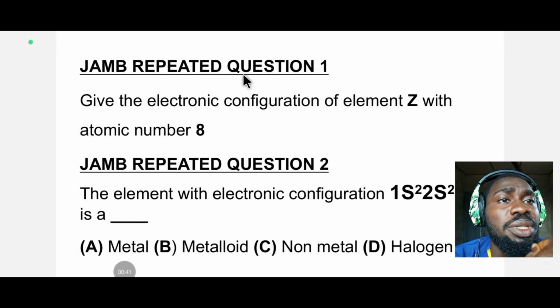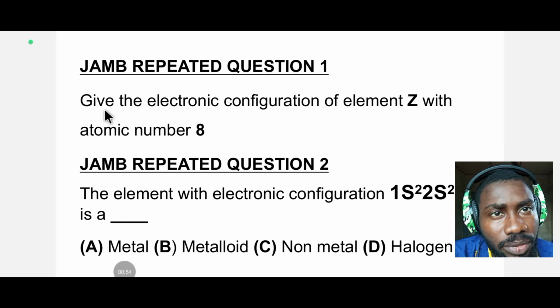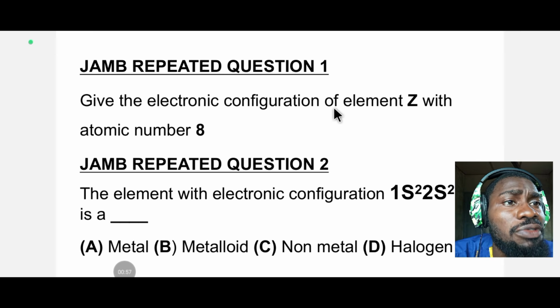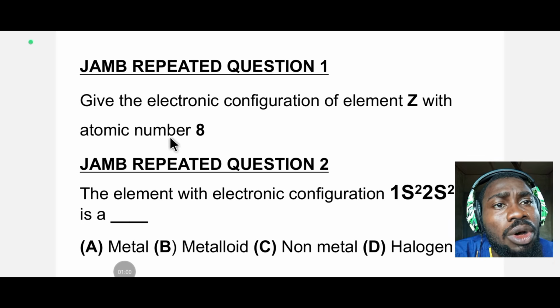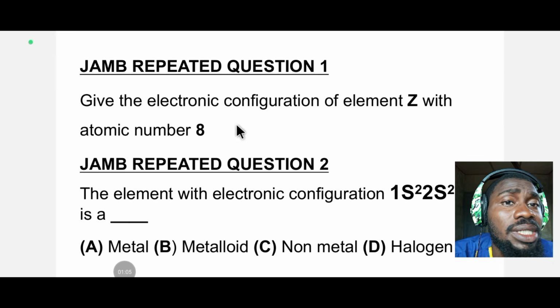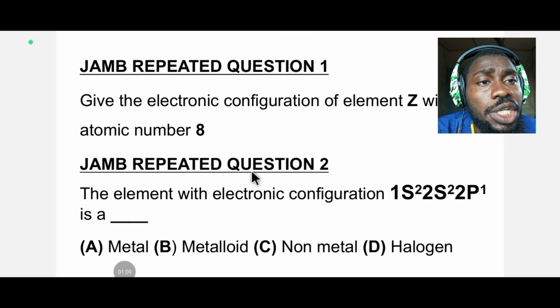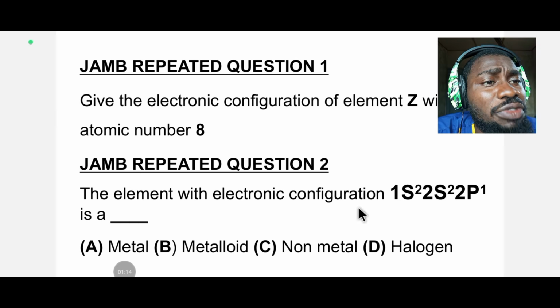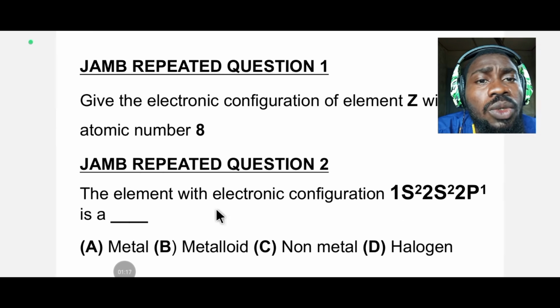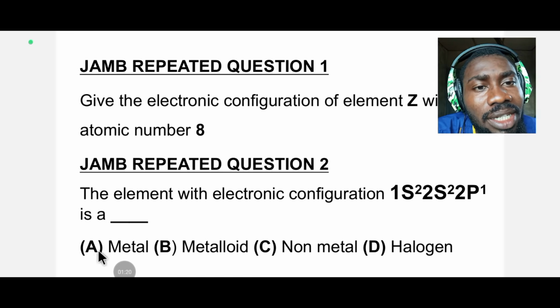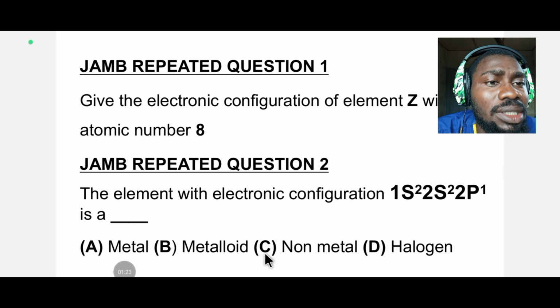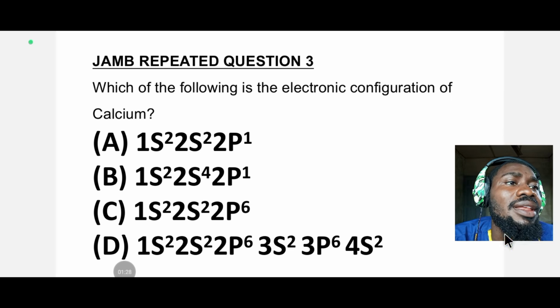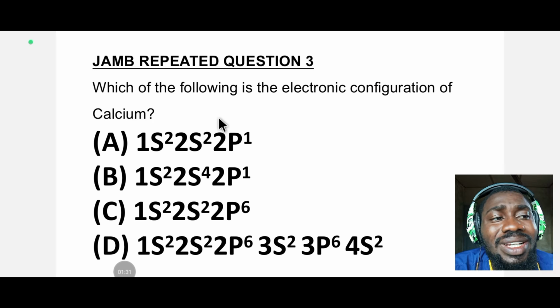The JAMB repeated question 1 says, give the electronic configuration of element Z with atomic number 8. The second question, JAMB repeated question 2, says, the element with electronic configuration 1s2, 2s2, 2p1 is a dash. A. Metal. B. Metalloid. C. Non-metal. D. Halogen. Then the third and final question, still under the same electronic configuration,